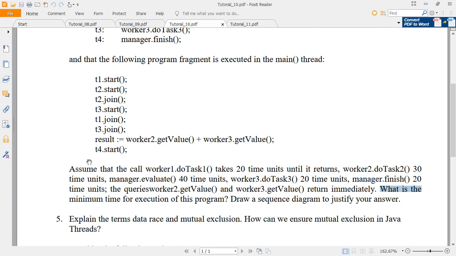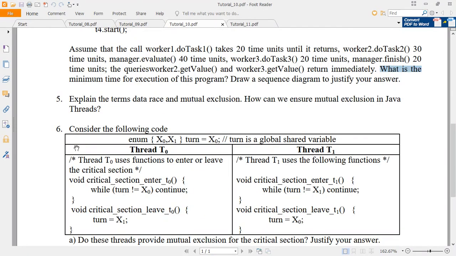The next question is: explain the terms data race and mutual exclusion. Data race means that if more than one thread is competing for global shared data, this is said to be a data race. And mutual exclusion means each thread has a certain portion of the code where it has to access the shared resource or shared data.